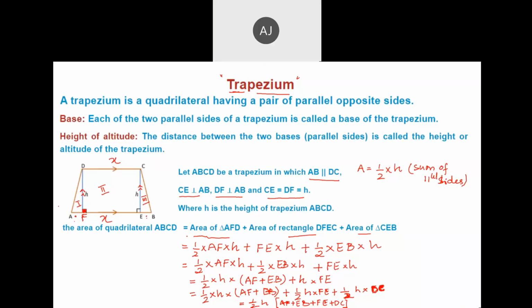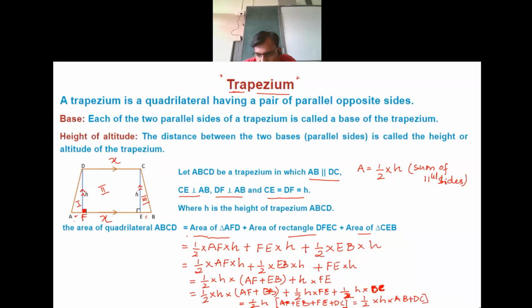AF added to EB added to FE is AB. So we get half into H into AB plus DC. Is this clear to you? So it is half into height into sum of the parallel sides. If a trapezium is divided into three triangles like this, we are going to get